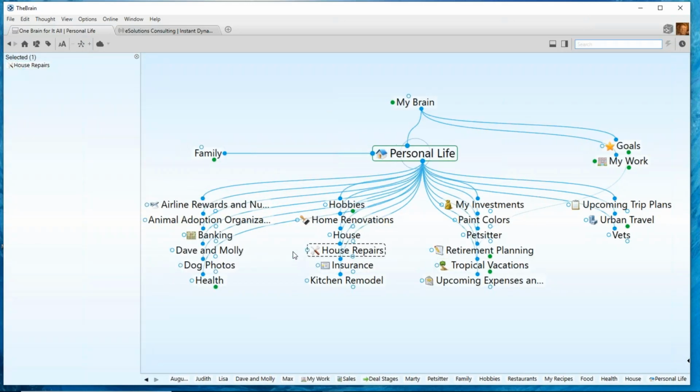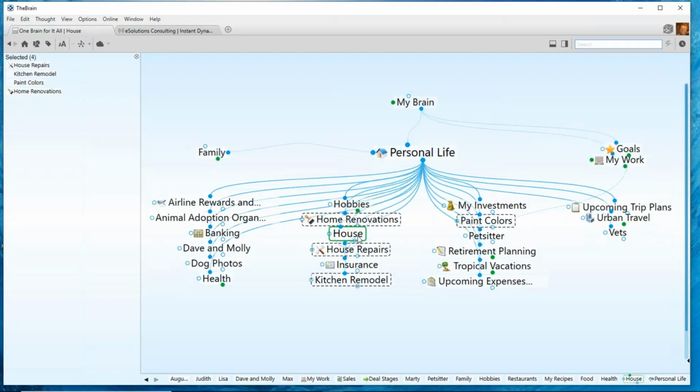So Control-click on house repairs. There's my kitchen remodel. Paint colors, that goes into my house thought. And just scan home renovations, so I'm keeping track of contractors there. I think that should do it. Now, what I like to do is go and connect these thoughts into their new home first before I disconnect them. If I were to disconnect these thoughts and then I get sidetracked, I get a phone call, or I have to answer an email, or I have to switch brains or close the application, I've lost those. I mean, I could manually go through and find them with the search,